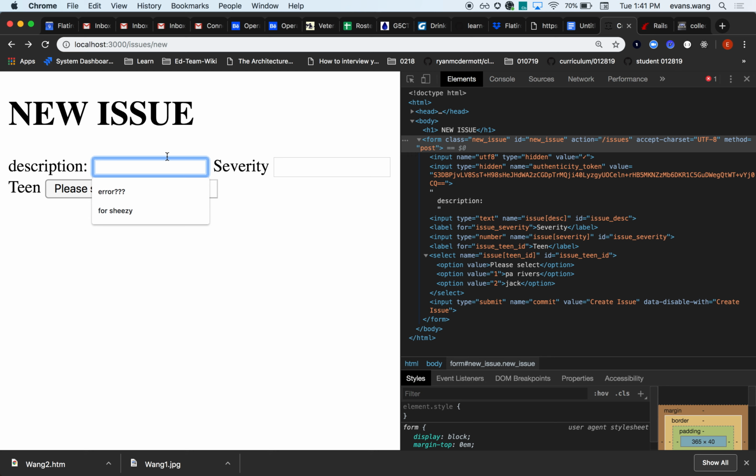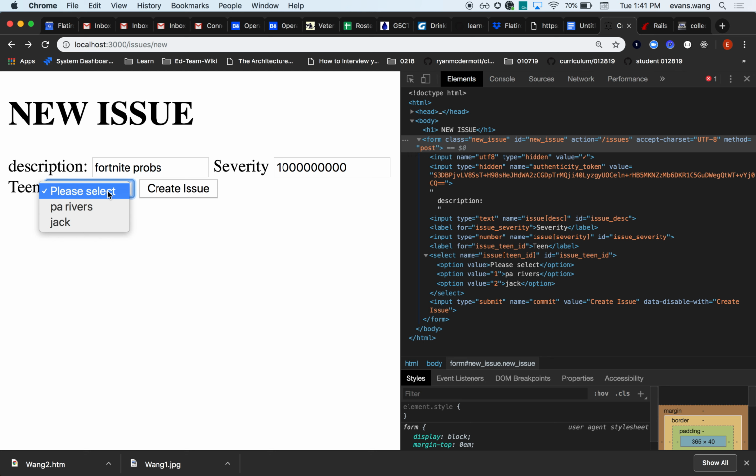So now if I were to actually try to fill this out, description, does anyone have a particular issue they want to see created? Fortnite sucks at Fortnite. Fortnite probs, right? Cool. Severity, how bad is this? Oh, that's high. Okay, very bad. 1,000. All right, very good. That's terrible. And who is it? Is it Jack? Definitely Jack. If I hit create issue,